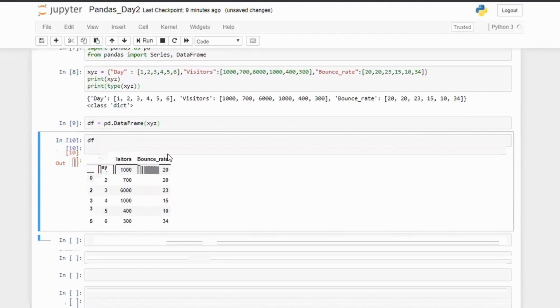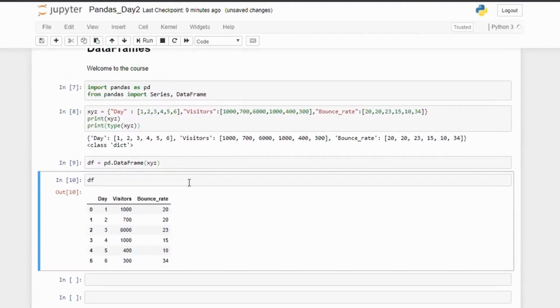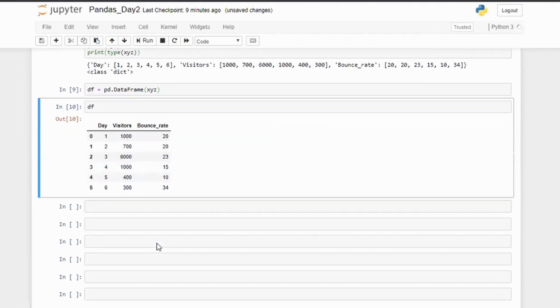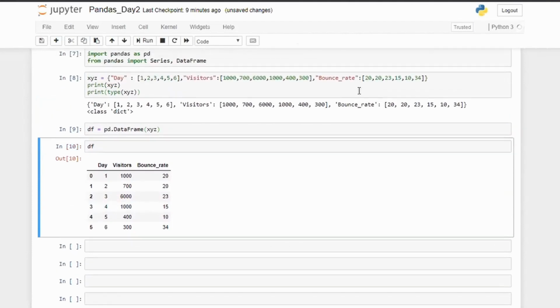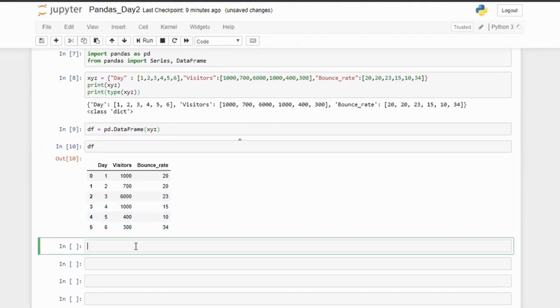Yeah, you can see this is a data frame. We have days 1 to 6, and a default index also. We have number of visitors and some bounce rate. This data has been converted to a data frame. This is how you can convert any form of data to a data frame.